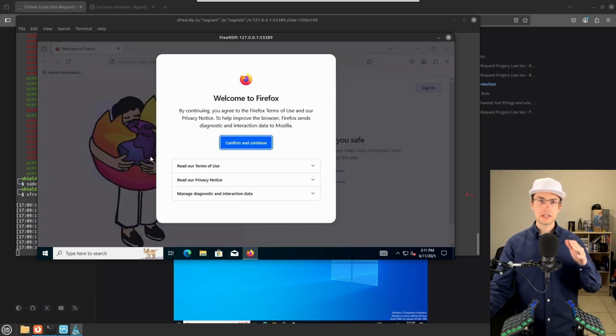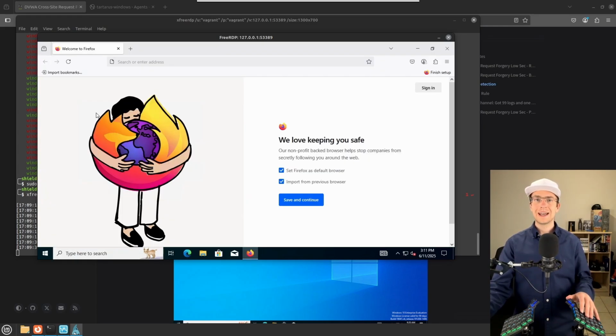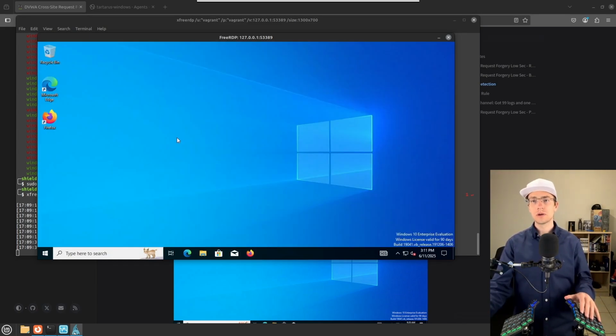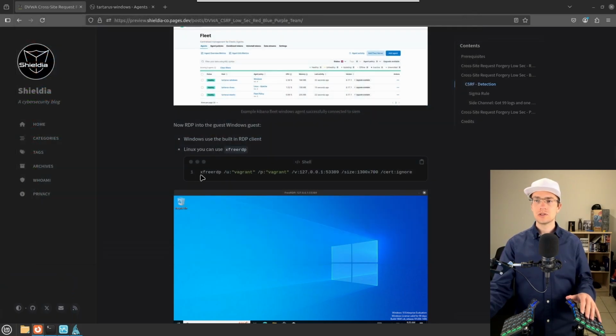Now Firefox has been successfully downloaded and installed. You can follow the guide on the Shieldia blog. We can now just close it so that it's available, and then the Atomic won't freak out that it can't find it. We can now go back to the blog,